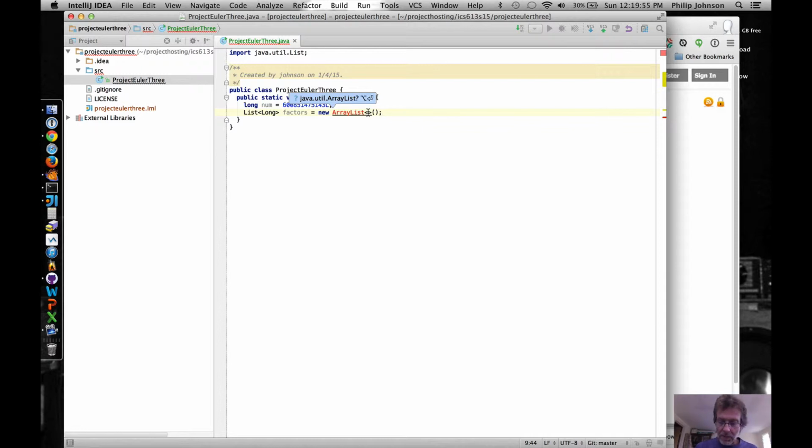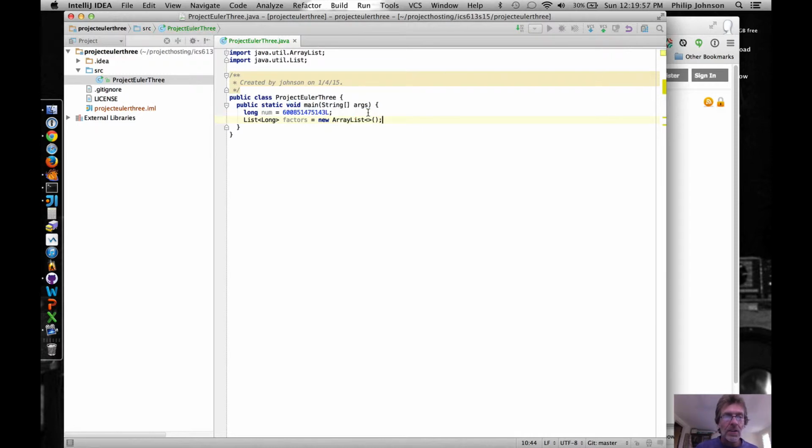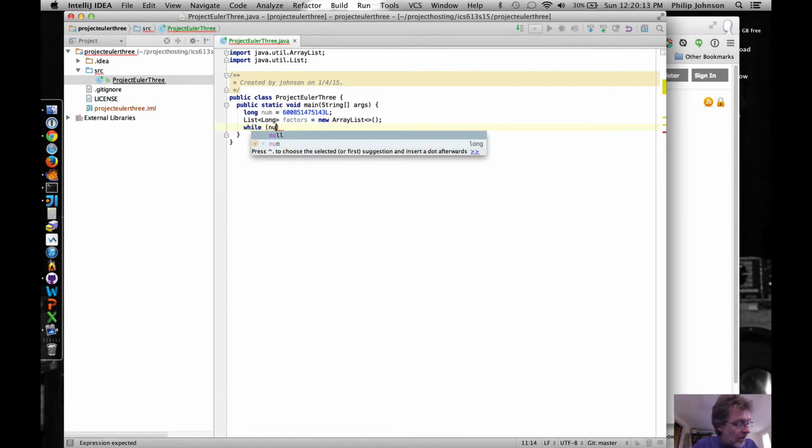So we'll go option return to accept that one, and now we've got the correct import statement, and we can proceed on with this algorithm. Okay. So the way that we're going to do this is we're basically going to have a while loop that says while the number